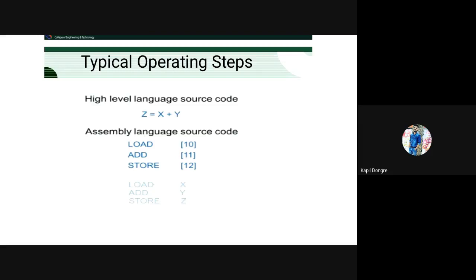What are the steps when the instructions are going to execute? First fetch the instruction, decode the instruction, and store the result. These three are the most important steps. Load the instruction, that is called fetching the instruction, then decode the instruction, and store the result. These three are the most important steps while executing any operation.